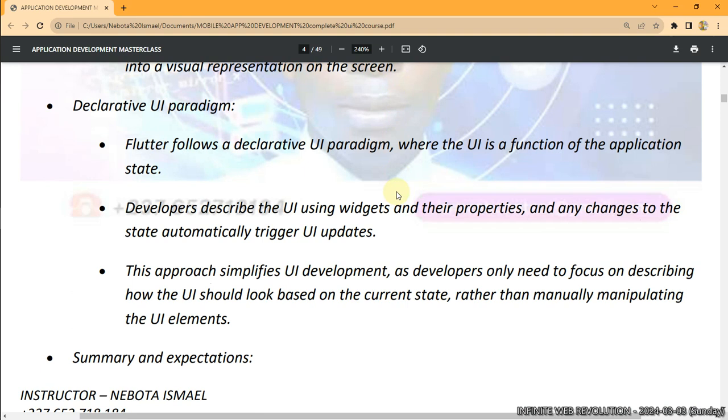Yes, that's why you can navigate between different pages, use things like navigator.push, pop, context, you press buttons. So Flutter follows a declarative UI paradigm where the UI is a function of the application state. Developers describe the UI using widgets and their properties, and any changes to the state automatically trigger UI updates. We are going to be seeing this extensively while we are working on the